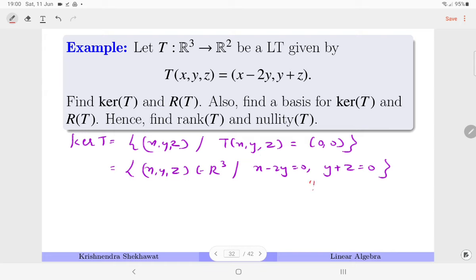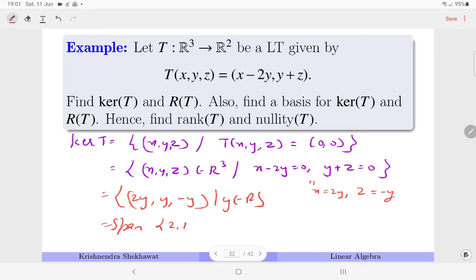Now this gives me x is equal to 2y and z is equal to minus y. Also you can see that x minus 2y is equal to 0 and y plus z is equal to 0 is a homogeneous system of equations where there are two equations and three variables. It means there must be one free variable, and therefore kernel T becomes 2y, y, minus y, y belongs to R, which is span of 2, 1, minus 1, and therefore nullity T